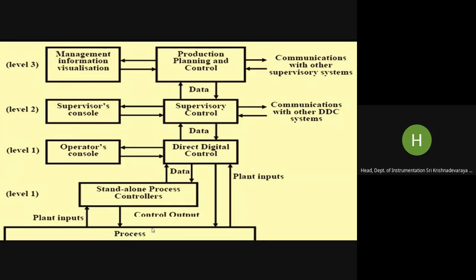You will never know that in a particular system or subsystem, you may have a combination of unit operations which are to be controlled by direct digital control. In that case, this data is there. I hope this is clear now. At this level 1, we have direct digital control, also called DDC. From this onwards, it is just a transfer of data. It is more of a data acquisition system.